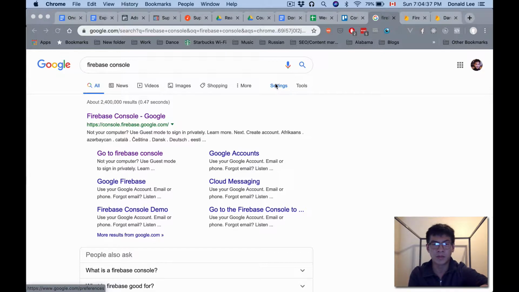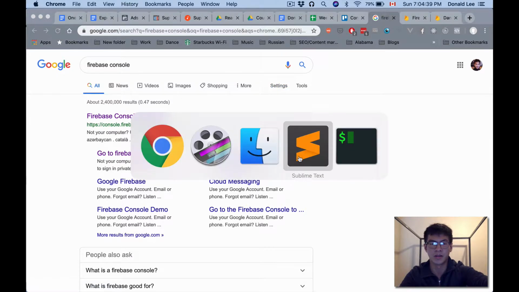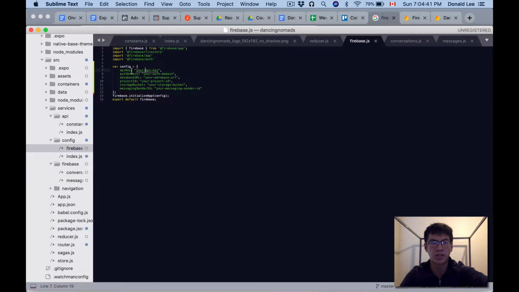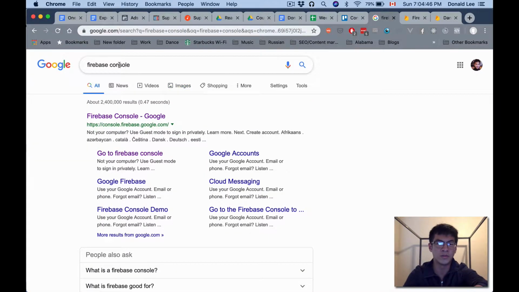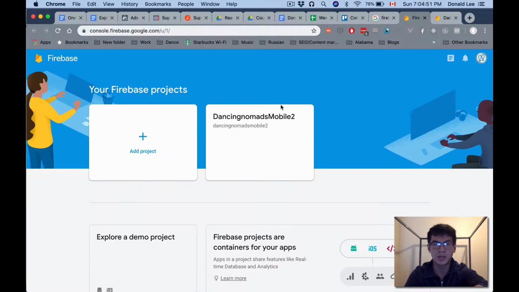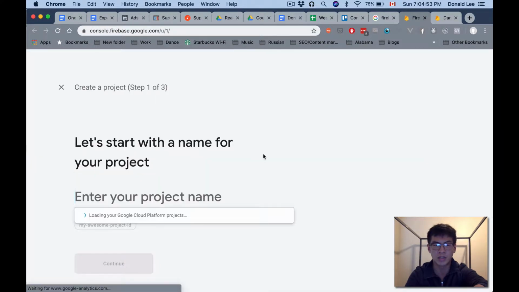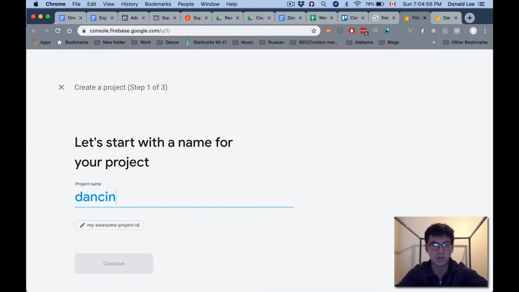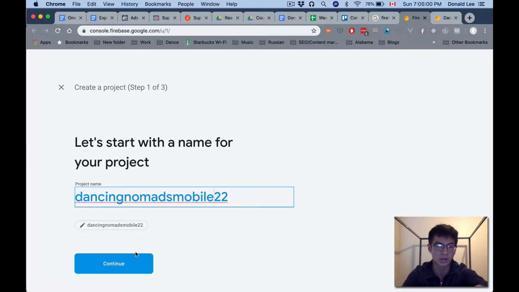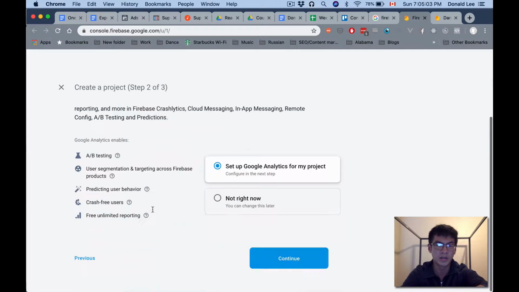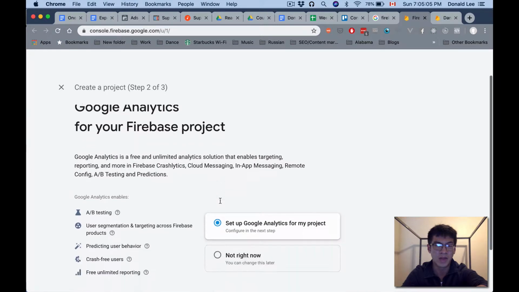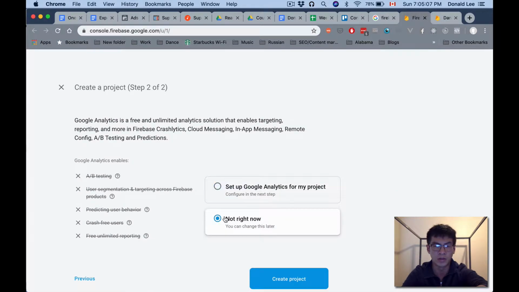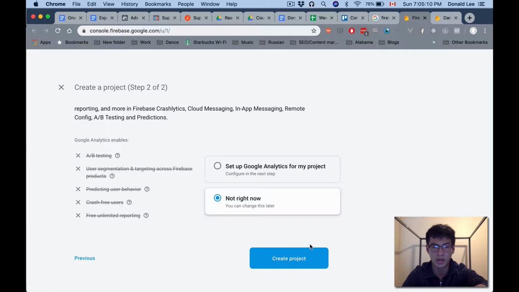Right, you need to set up a Firebase console account because you have this firebase.js and you need to get the config keys for this. So go to Google, do Firebase console. It's the first link that you check. You'll probably end up somewhere like this where you click add project, enter a project name. You could do like Dancing Nomads mobile 22 or whatever you want to call it. Continue. You can add Google Analytics if you want, but you're going to click not right now and then click create